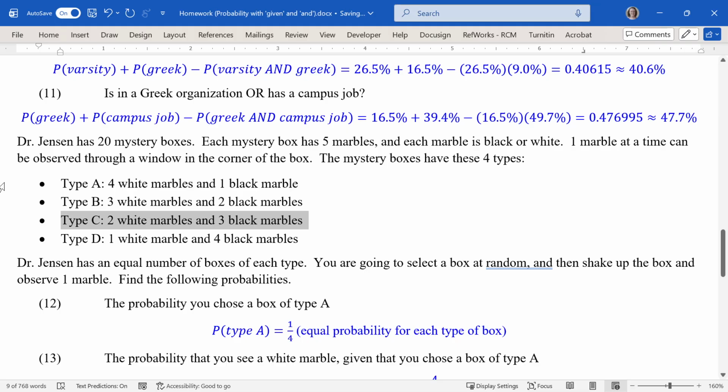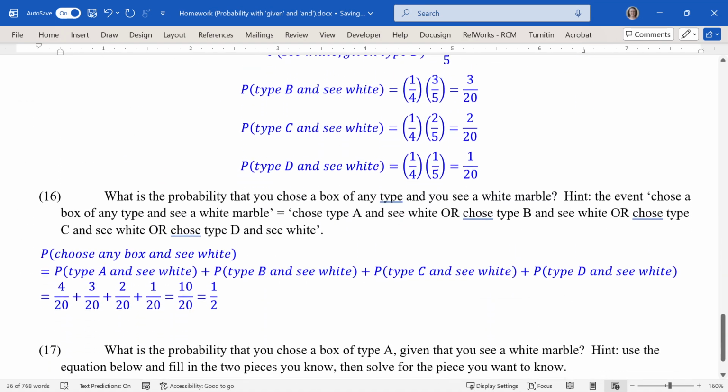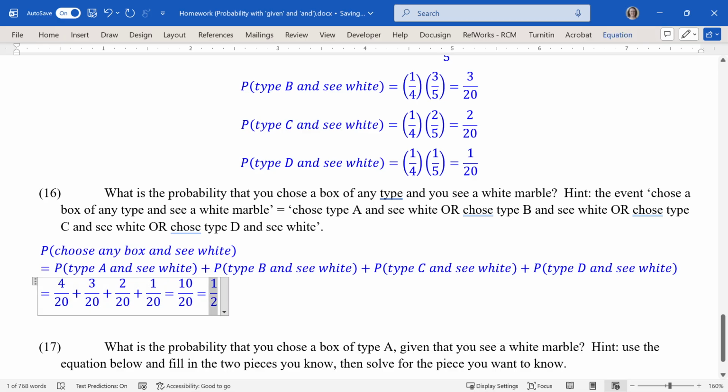And the types go from 4 white, 1 black to 1 white, 4 black. So there is actually the same number of white and black marbles total overall in all of the 20 boxes. So there's 100 marbles in total. 50 of them are white and 50 of them are black. So yeah, actually it makes sense that this should come out to be 1/2. So 1/2 and 1/2 chance of seeing white versus black when you don't know what box was chosen, if it's